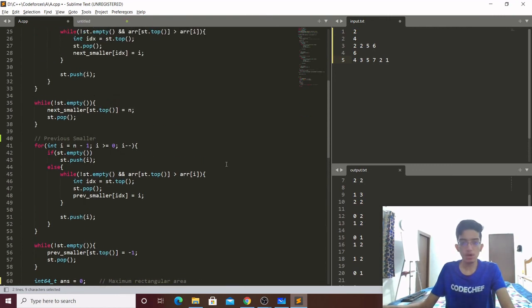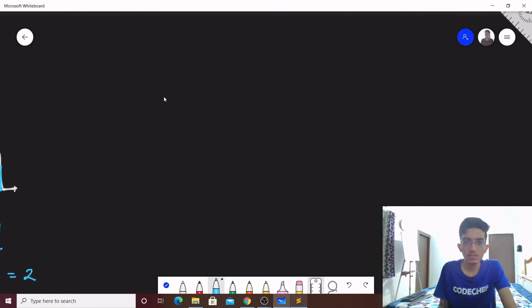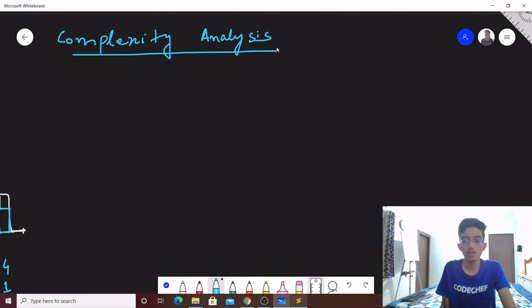Now as for the complexity analysis. We are using a stack to calculate the next smaller and the previous smaller. So we need some space to store those values.